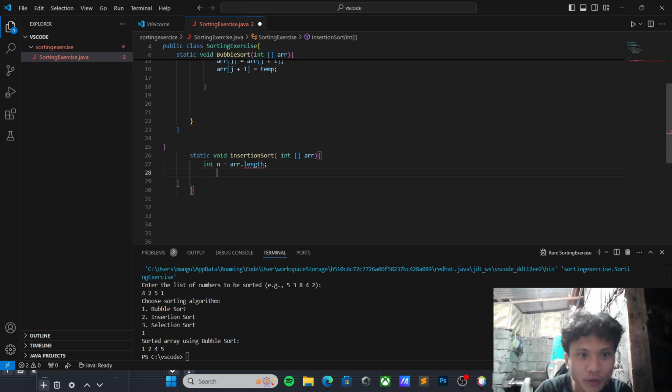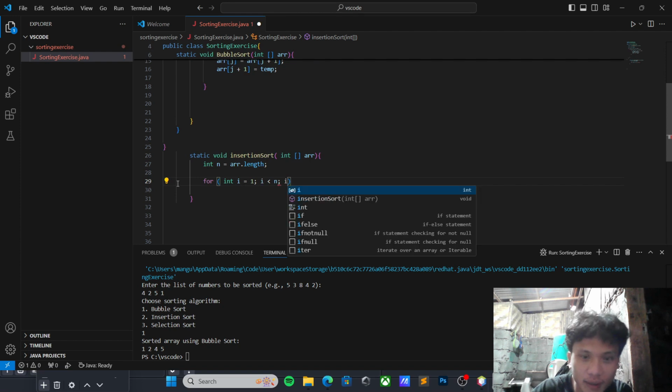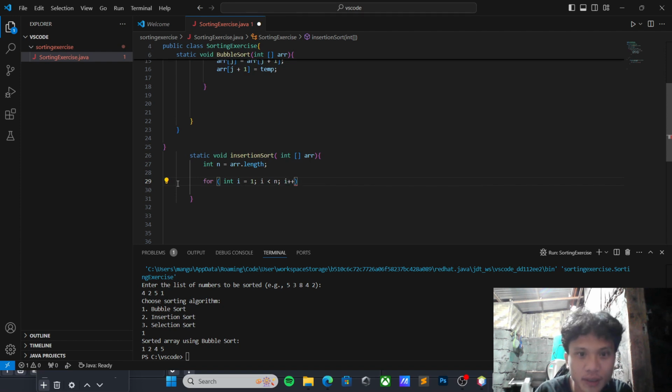Then we have to create a for loop, inside of it int i is equal to 1. Then the condition is i is less than n, and i is going to increment.